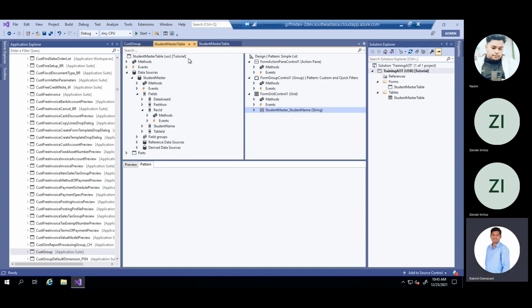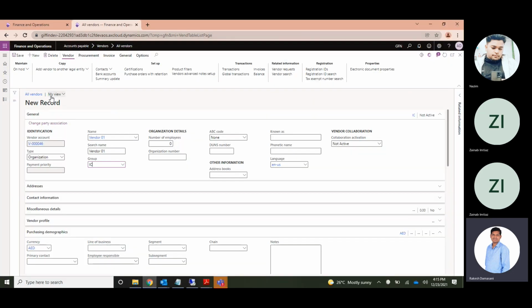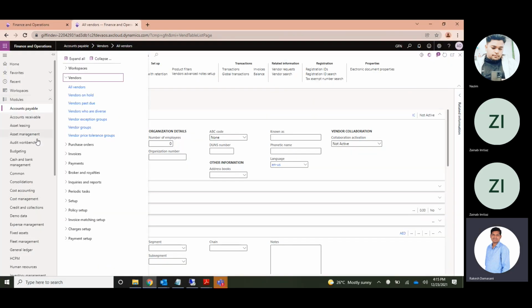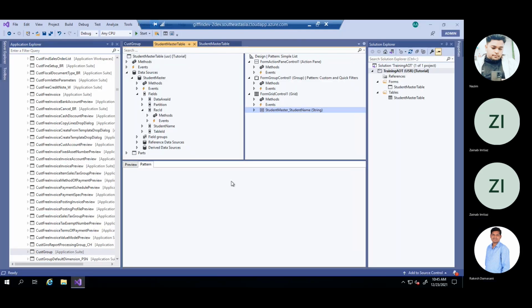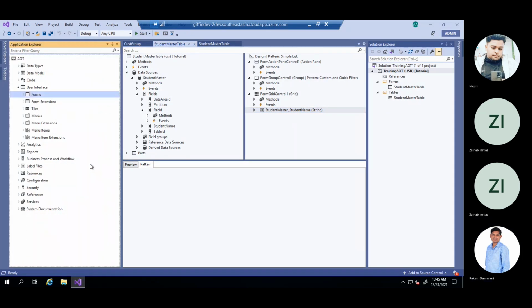And I want to see this one in my user interface, so for that I have to create something. In the starting, we identified the vendor table form.